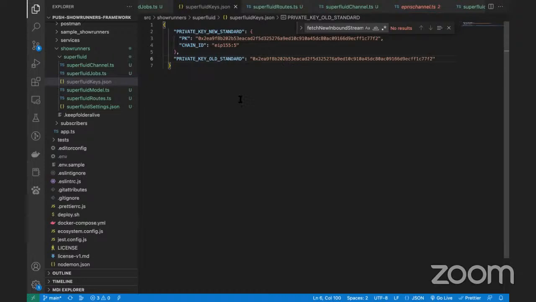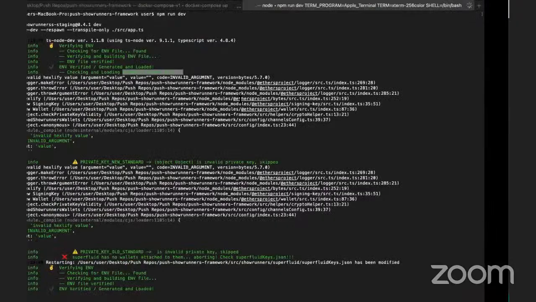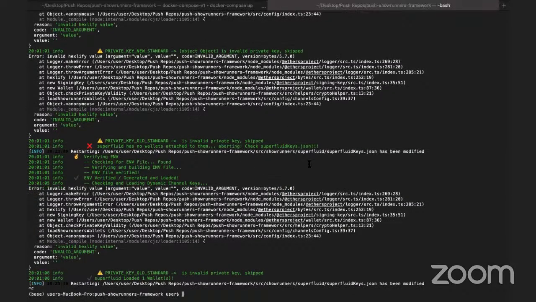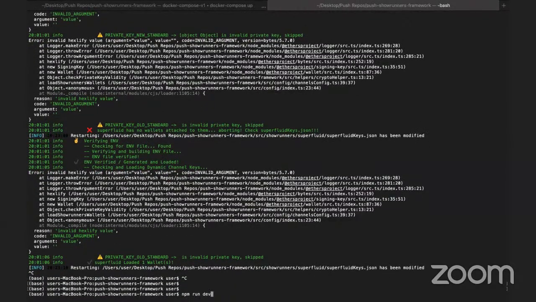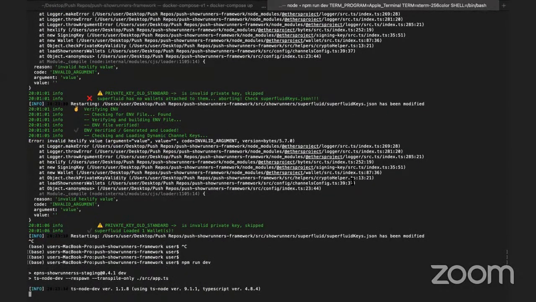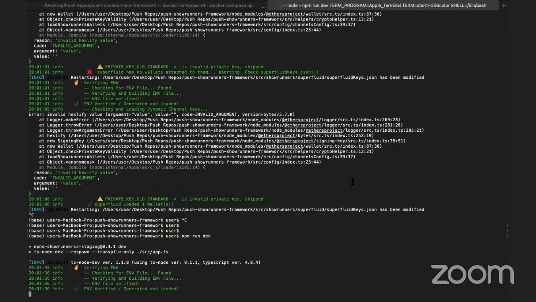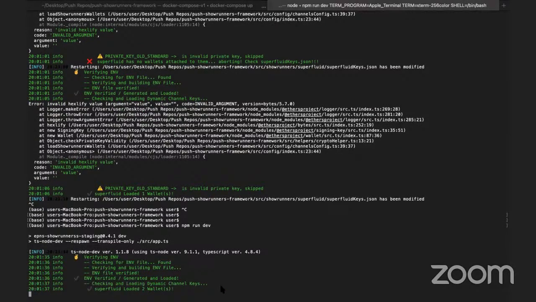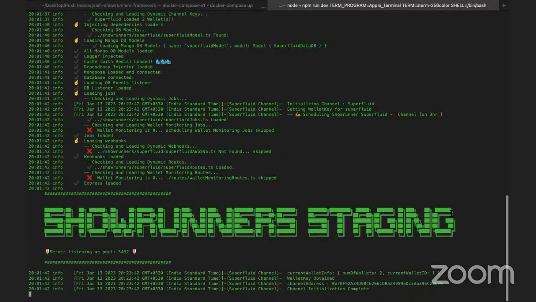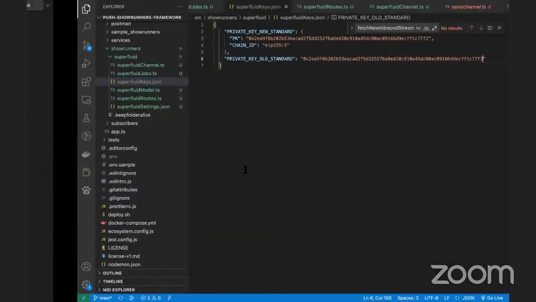All right, and let's see if we're able to npm run dev. Okay, looking good. You see showrunner staging, that means you're good to go. Now, to run the logic,